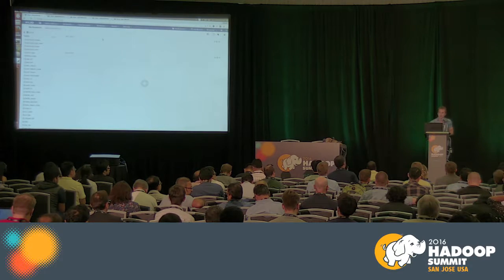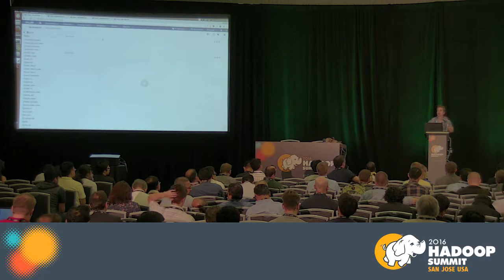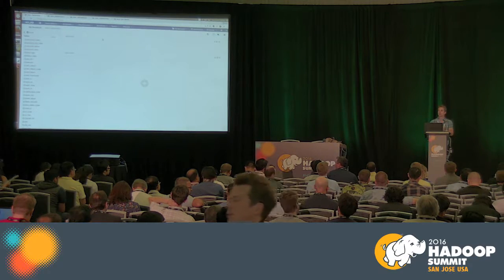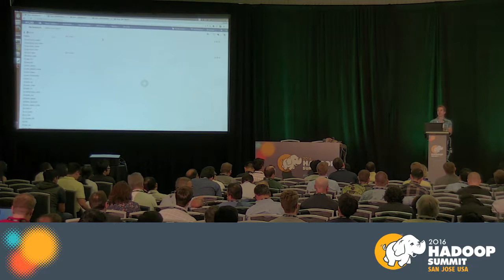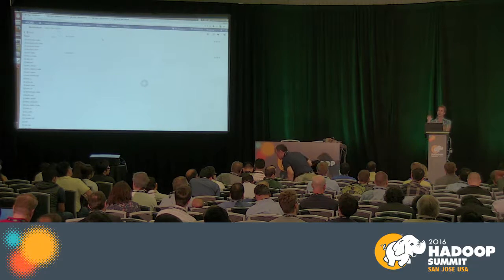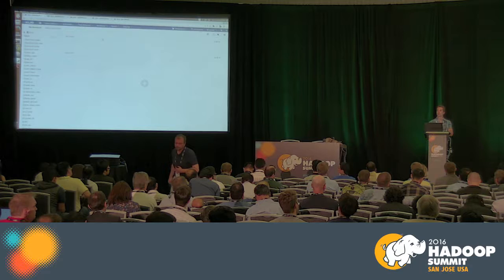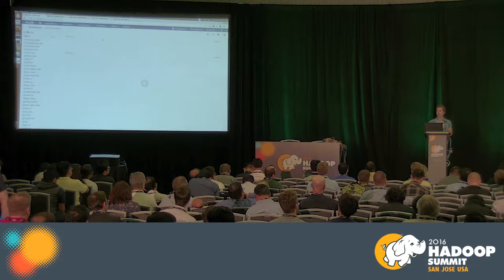So the question is, is Hue positioning itself against Zeppelin? Hue is more across all the Hadoop ecosystem. We have nicer file browsers. It's a bit less data sciencey. We focus a lot on SQL. We'll nail SQL first. And we want to reuse these integrations, like the last mile problem of adding my query in my workflow and scheduling it every day. That's where we're going. So we have 3-4 graphing types, the basic ones.